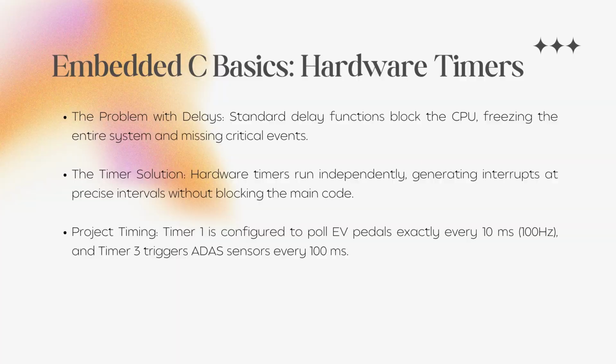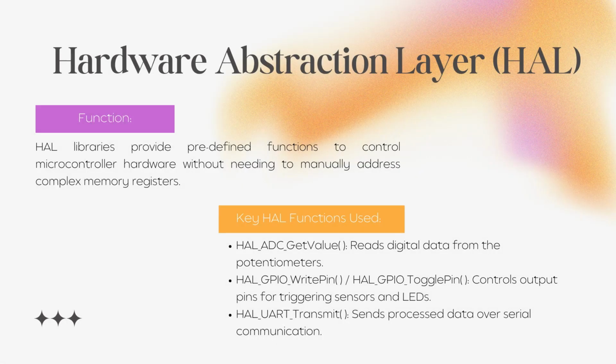without missing a beat. To control the hardware, we cannot simply write pin 30 equals 1 in C. Instead, we use STMicroelectronics Hardware Abstraction Layer, or HAL, libraries. These predefined functions allow us to easily interact with the board's complex memory registers. For example, we use HAL_ADC_GetValue to read the potentiometers. Similarly, HAL_GPIO_TogglePin to blink our warning LEDs and HAL_UART_Transmit to send our calculated data to